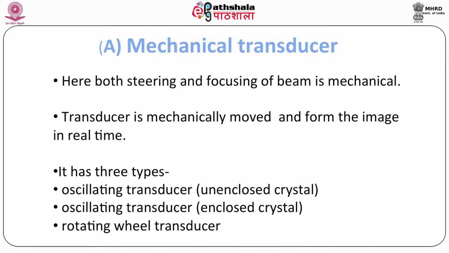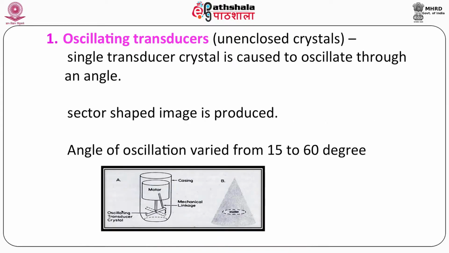Now, the first type is the oscillating transducer, unenclosed crystal. A single crystal transducer is used for oscillating through an angle. A sector shape image is produced by this one. The angle of the oscillating transducer can be varied from about 15 degrees to about 60 degrees. Here the frame rate is generally about 15 to 30 frames per second, as you can see in this figure showing